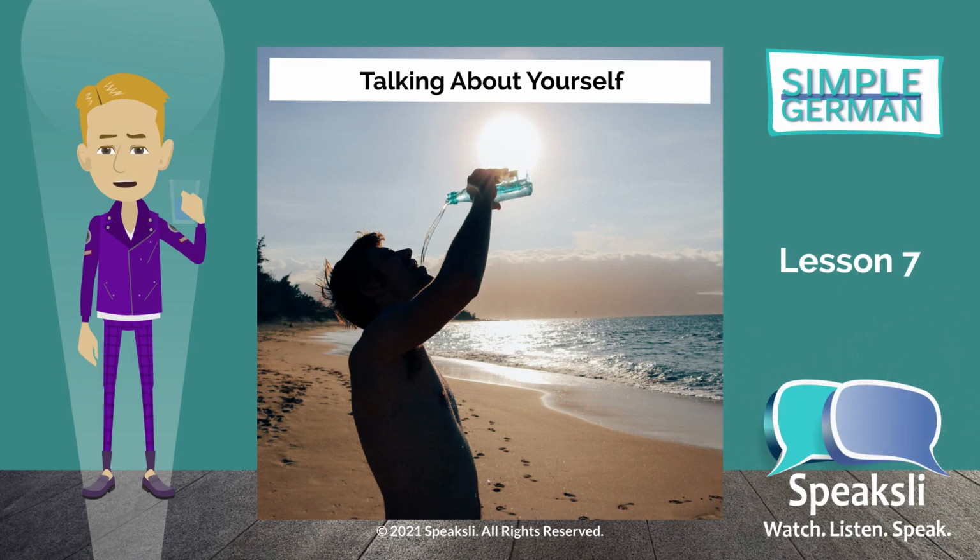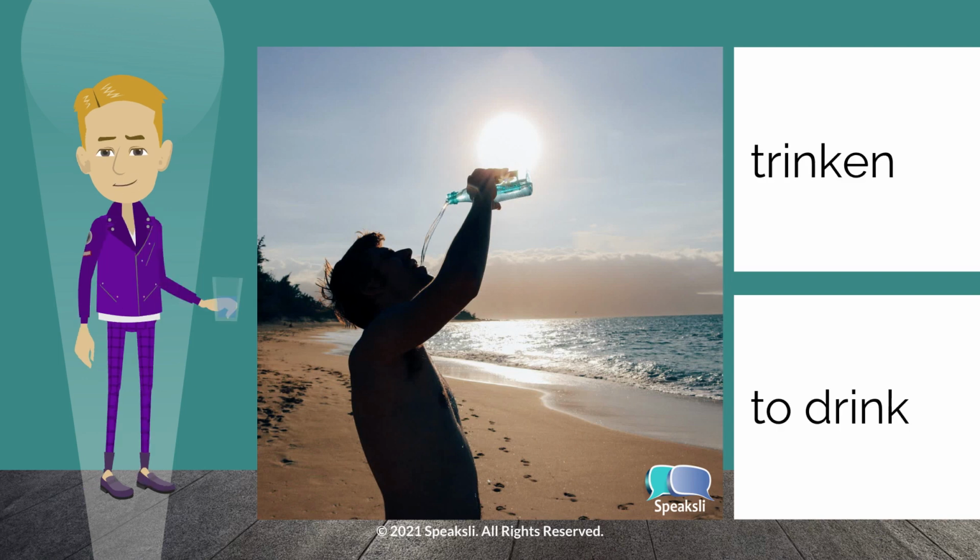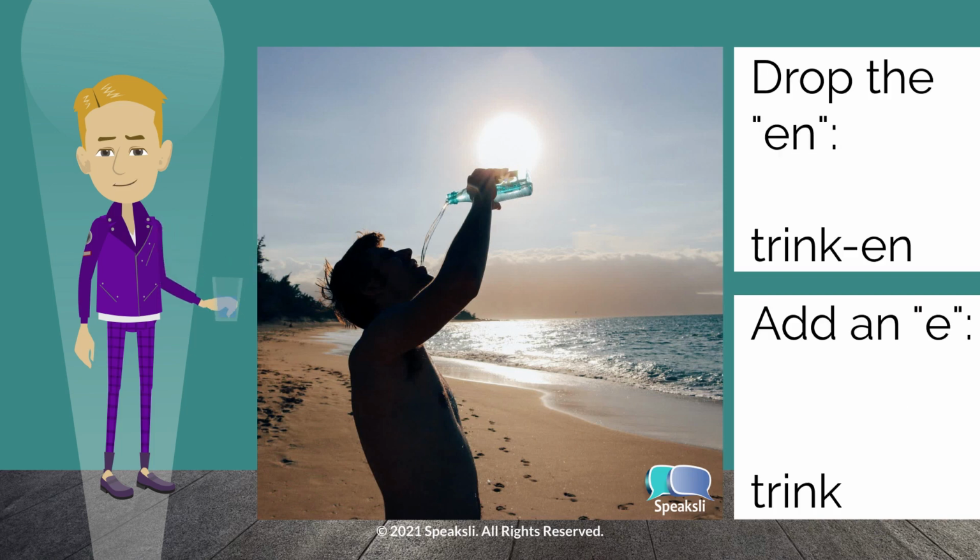Before we get too far along in German, it's a good time to learn how to make a basic sentence, like, I drink water. This is how to say, I, in German. Ich. The verb, to drink, is trinken. To say, I drink, drop the en at the end of the verb, and add the e back on